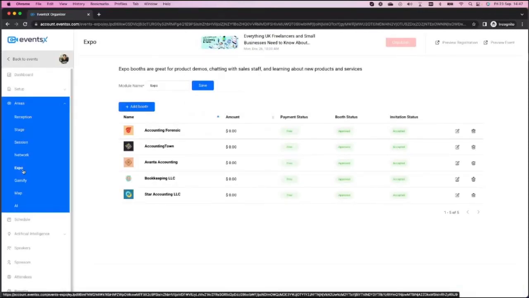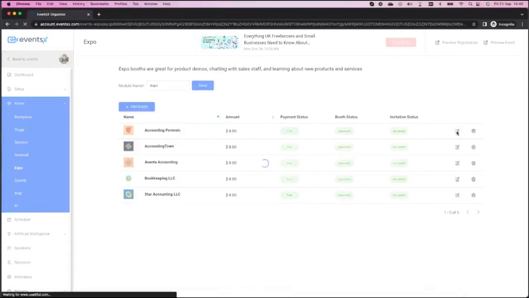Move on to the Expo booth. So with the Expo booth, again, you can charge for this through the system for an Expo booth. This is where your attendees will be presented with a landing page to whoever has a booth, and it will give them all of their details. So if we just go into one of these,